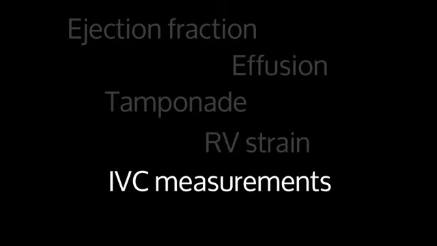We talked about pericardial effusion and how that's different from pericardial tamponade. We talked about right ventricular strain and how a pulmonary embolism or other cause of acute pulmonary hypertension can cause the right ventricle to enlarge. And we also talked about IVC measurements. We talked about the caval index and how that can be a predictor of the